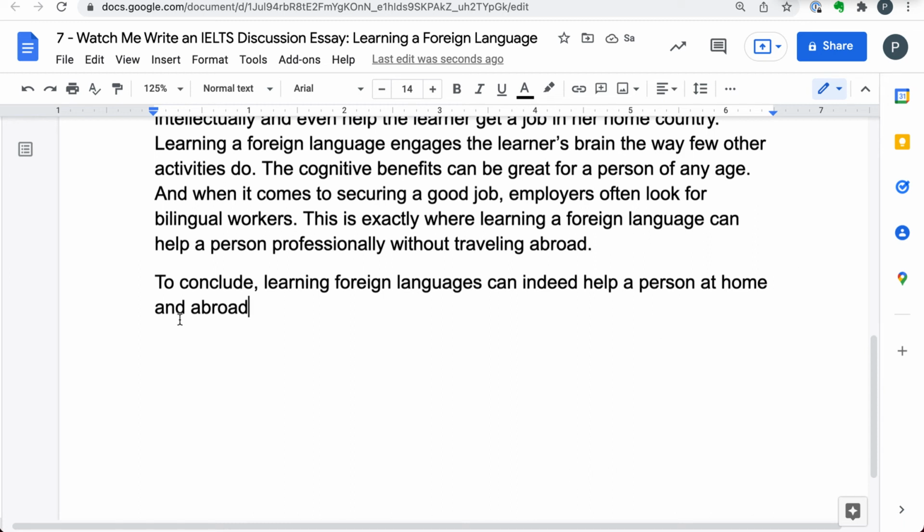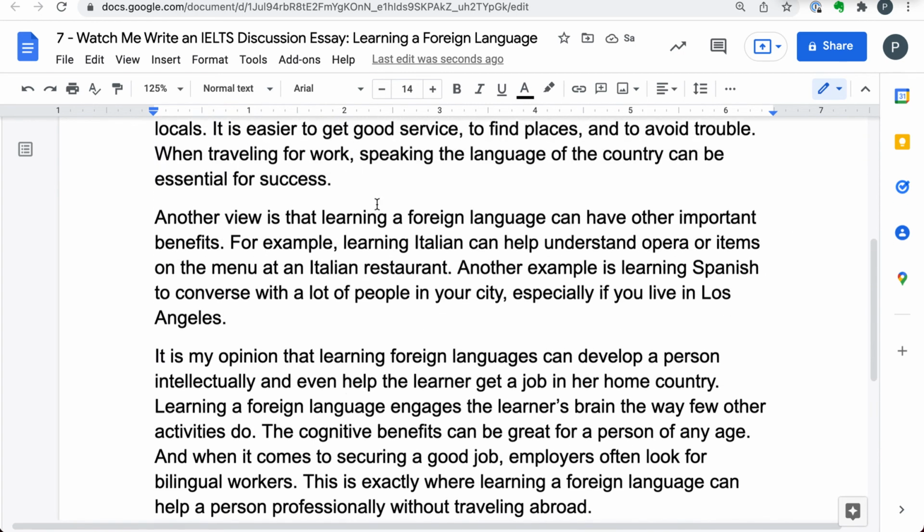Can indeed help a person who is traveling. Can help a traveler. Can indeed help a traveler get around in a foreign country and